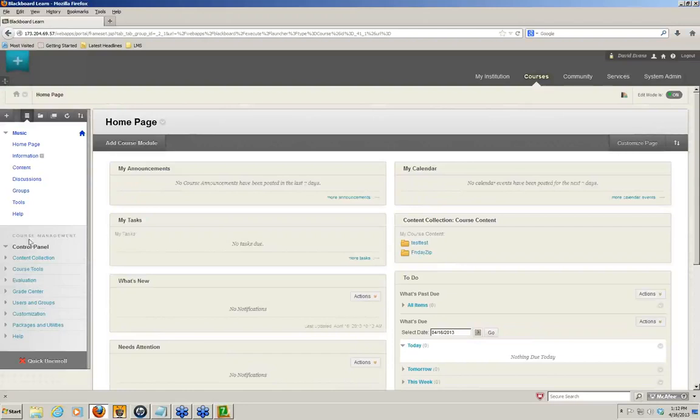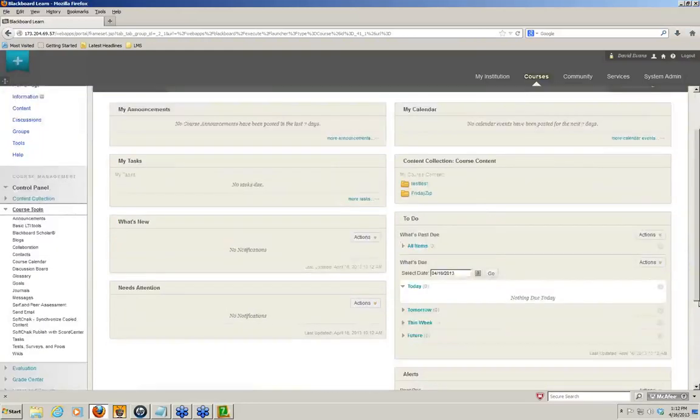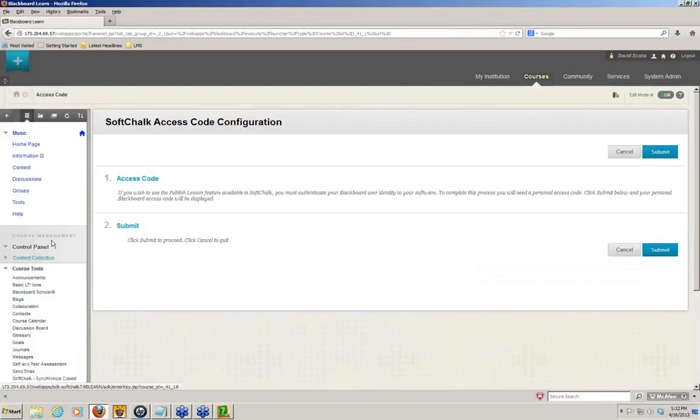We then want to look on the left-hand side of the screen, and we're going to look for Course Tools. We click on that, and it displays a whole menu of items. Now, what we're going to be looking for is the SoftChalk Publish with Score Center. This is a building block that is installed by your Blackboard administrator. Should already be installed. We then click on that, and it will then give us a different looking screen saying,